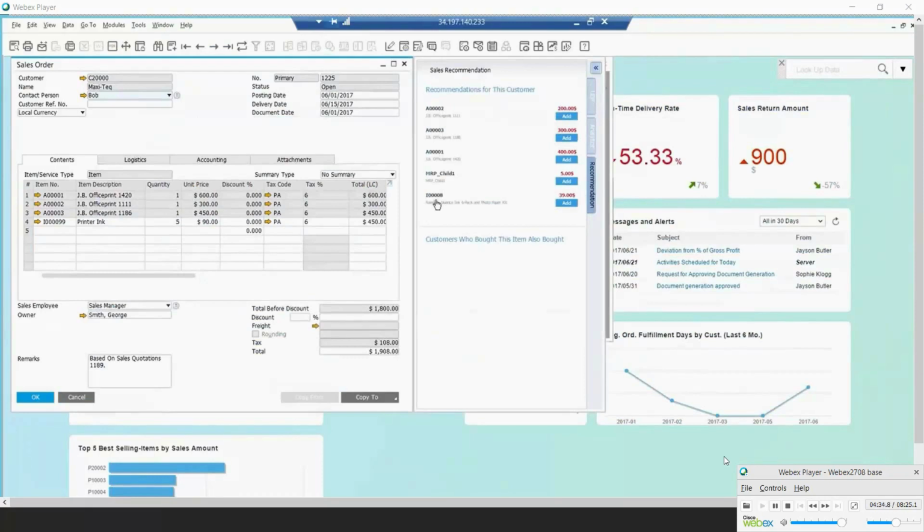Bob decides to buy some paper, and he can add that to a new order. Once I do that, I can also tell him that other customers that bought paper purchased other items, if he's perhaps interested. At this stage, I'll end the call